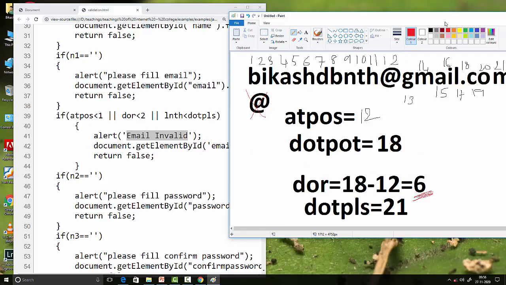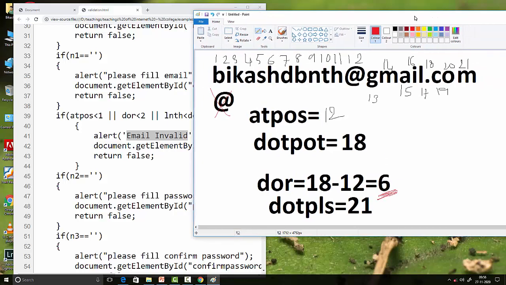Actually, dot position means where the dot is, and where the at-the-rate is. So at this portion, mainly this Gmail portion, must not be less than 2 characters. Not lesser than 2 means at least we have 3, such as edu.com.